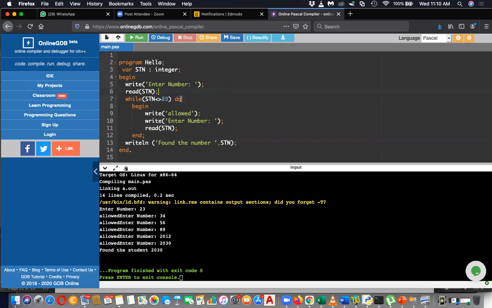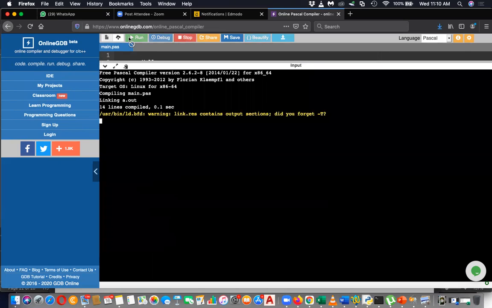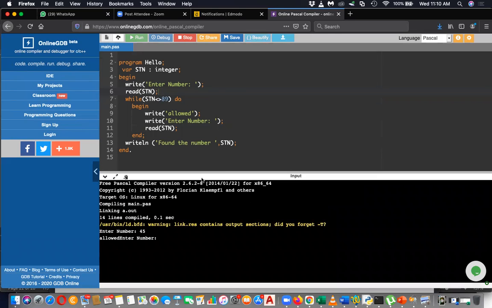You ask your friend to guess, so hide the code and then run the code. You ask the friend to guess the number. He's guessing 45. It's not the number, so you have to tell him it's not the number. Try again or something. Then if he found the correct number,